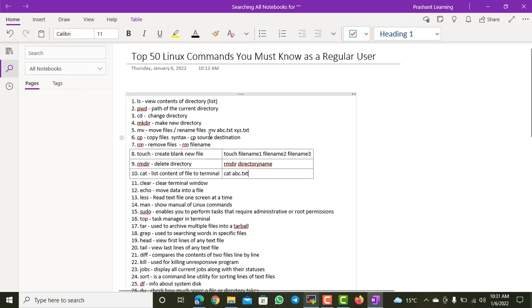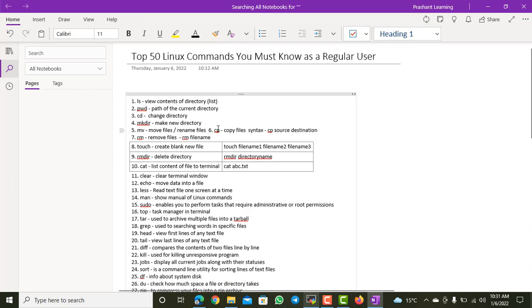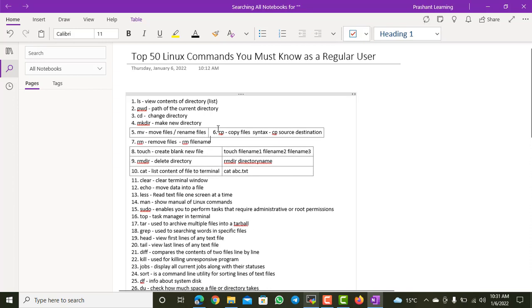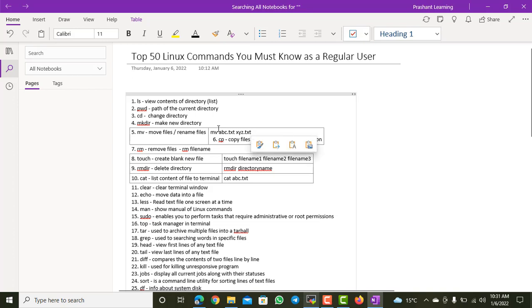Let me change it like this and move it like this. Sorry.